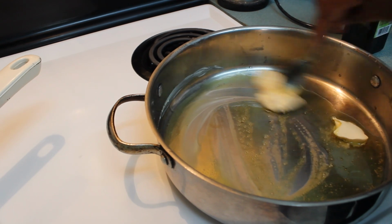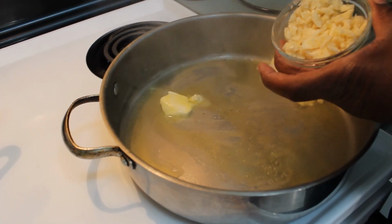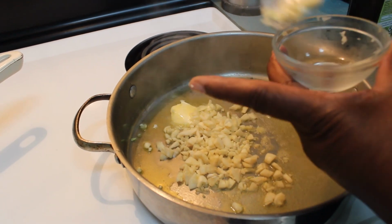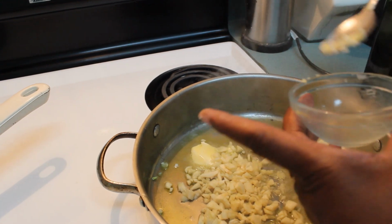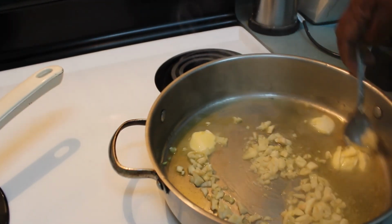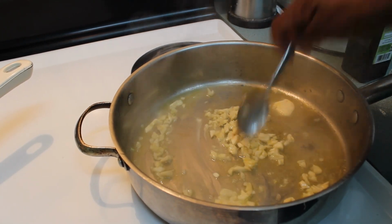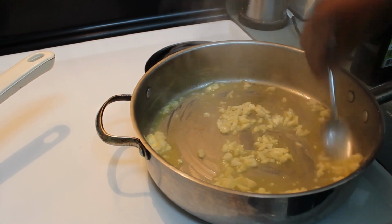The pan is now starting to get hot. It's not very hot, but it's getting hot. I have my garlic here. And I would say this is like half a cup of garlic, because these little things that I have here measure like half a cup. And as I said, for some people that's too much. For me, that is just right. Garlic is good. It's good for high blood pressure. It brings it down, everything. Anyway,